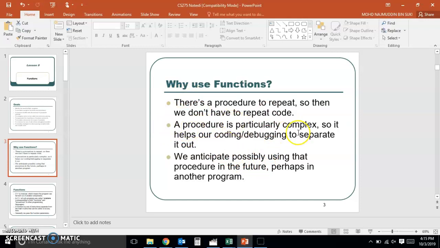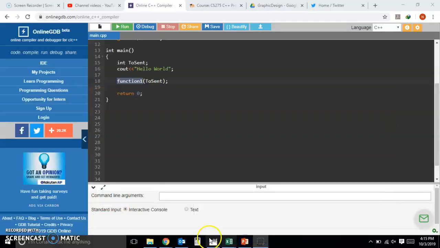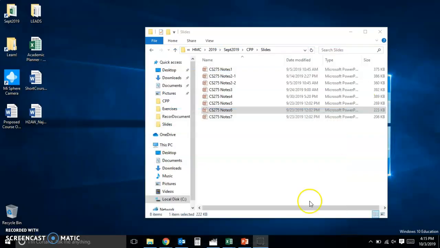Right? Procedure is particularly complex, so it helps out coding or debugging to separate it out. And this is possibly using that procedure in the future, perhaps in another program. So when we write a procedure or a function, it's because we imagine that it's something useful. We imagine that it's something useful that we can reuse